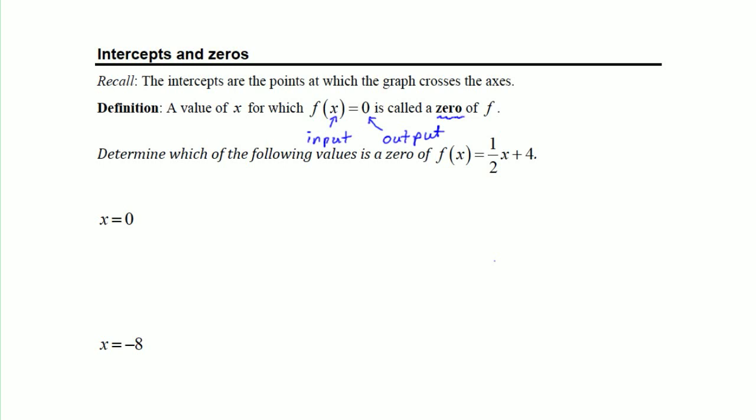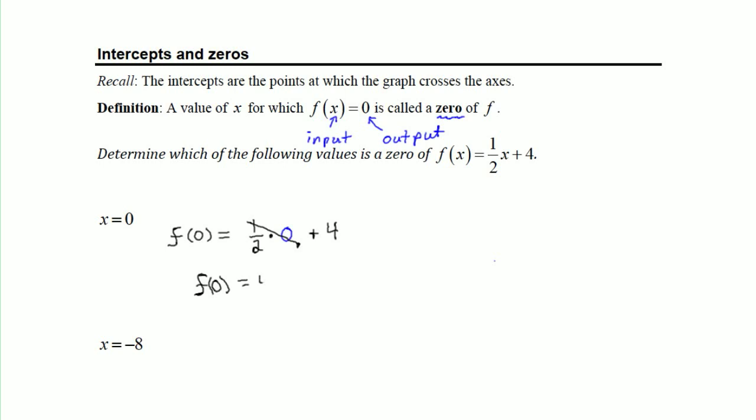So, given this function, f of x equals 1/2 x plus 4, we're going to test each of these two inputs to see if either of them is a 0. The way we're going to do that is by plugging them in for x. So here we're going to evaluate f of 0, which is 1/2 times 0 plus 4. Of course, the 1/2 times 0 term vanishes, so we get